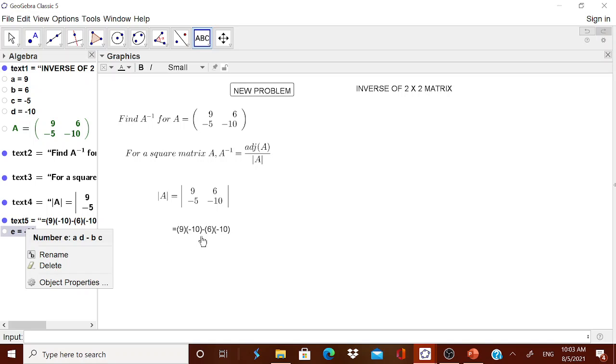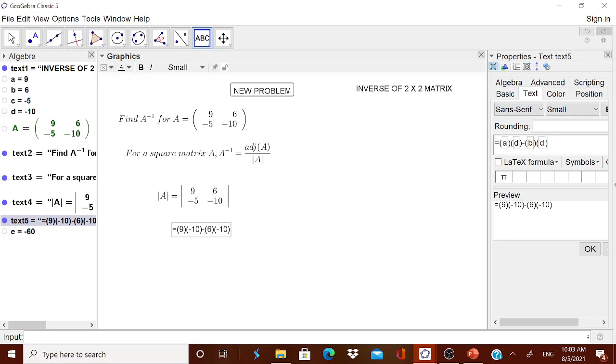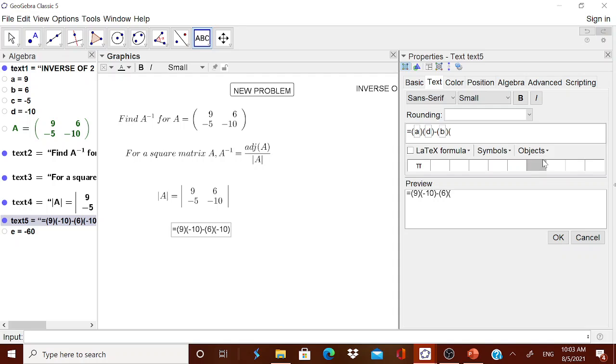I think here I have made some mistake. I think I will change it. Sorry, I think I made a mistake. One minute. In the text, I think it is AD minus BC, no? Okay, I think be careful. AD minus BC, from the object I will have to take BC. Okay, that is okay, no issue.